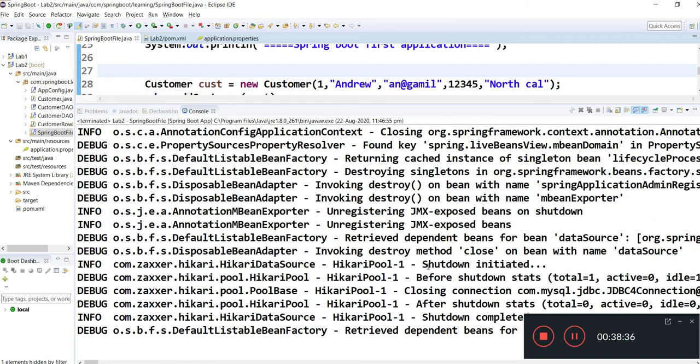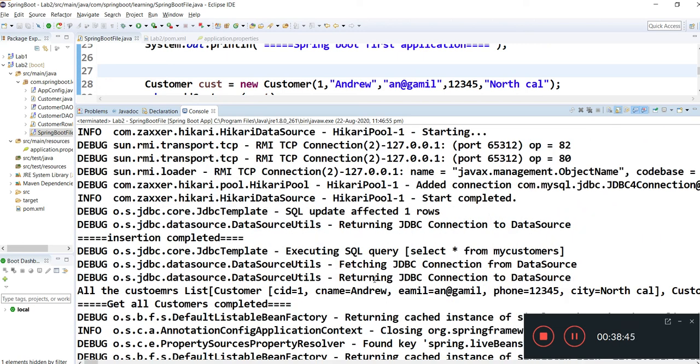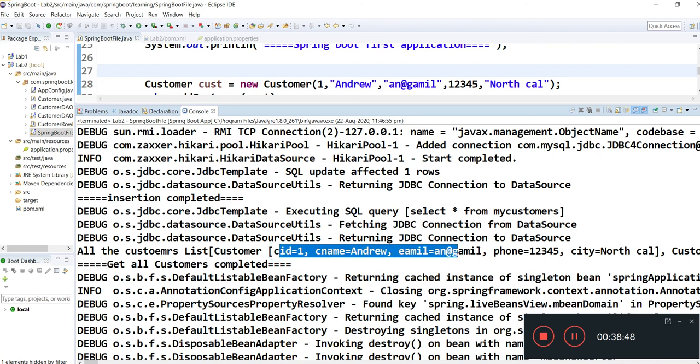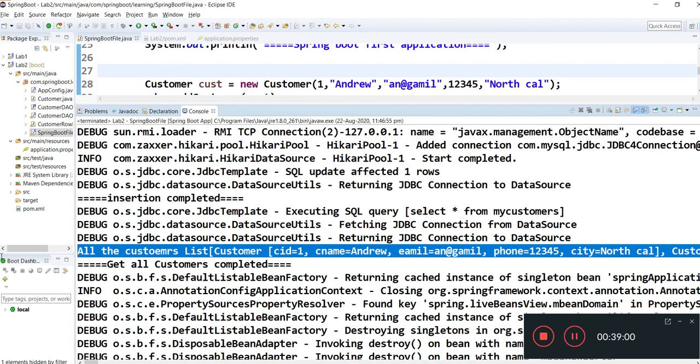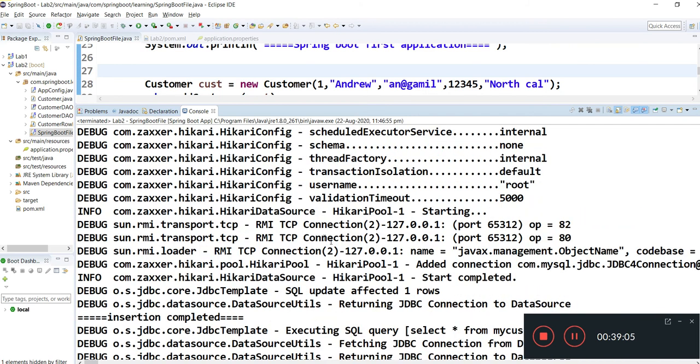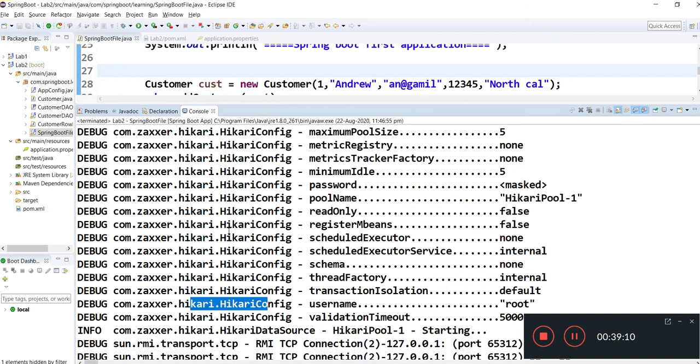Here you can see it is using Hikari data source, Hikari CP connection pooling, and here you can see the records: CID 1, phone number, North Carolina, and other records in a similar way. The older records also came. Select query, then here you can see some Hikari connection pooling being created. If you have some time, please go through these logs to see how it is working.